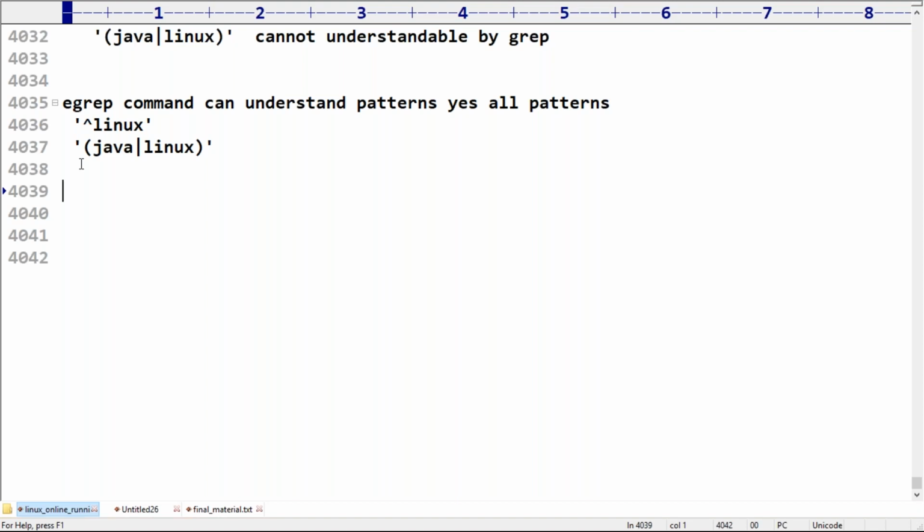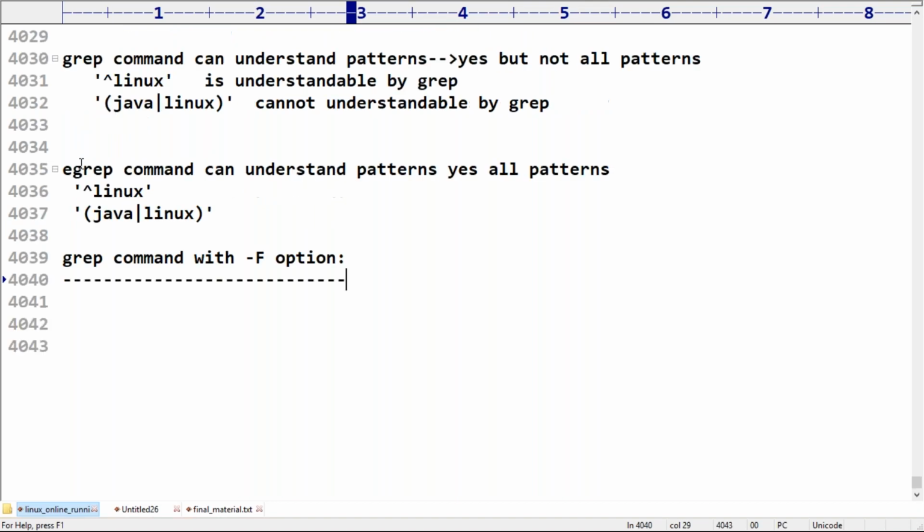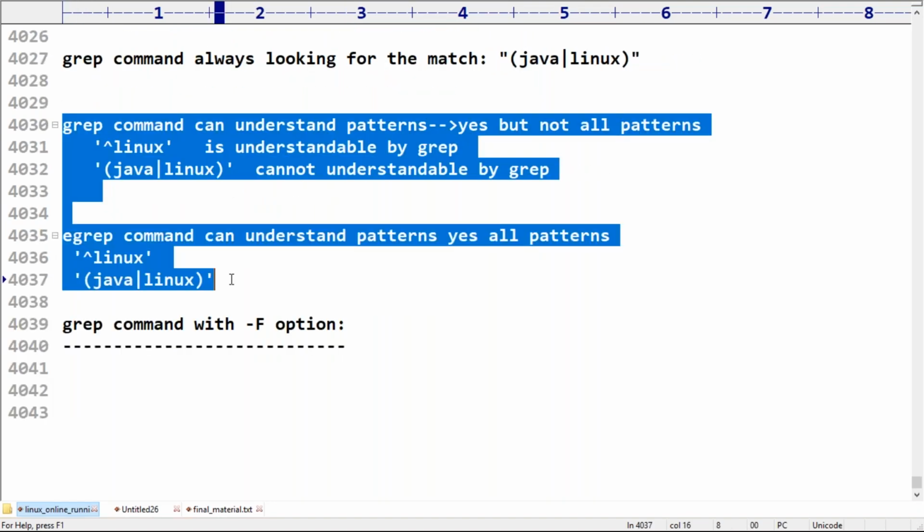egrep. Next, one more point I have to discuss: we can use the grep command with the hyphen F option also. Remember that. Up to this point, everyone got the basic idea of grep and egrep, right?